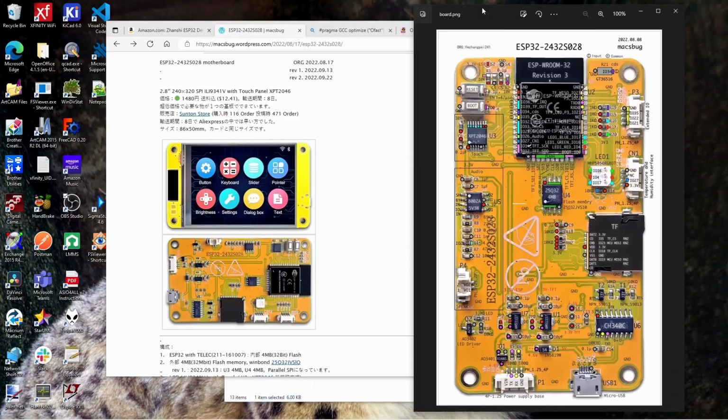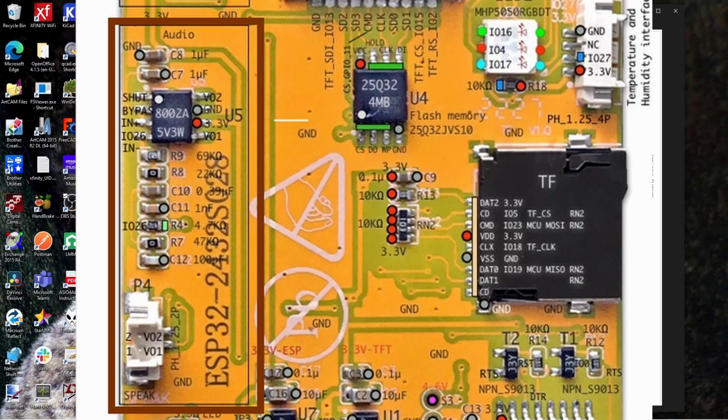Let's see, I've got a blown up version of this image over here. So yeah, look at this section right here with the 802A or 8002A. This is a little 2-watt audio amplifier with its own little 2-pin connector down here,